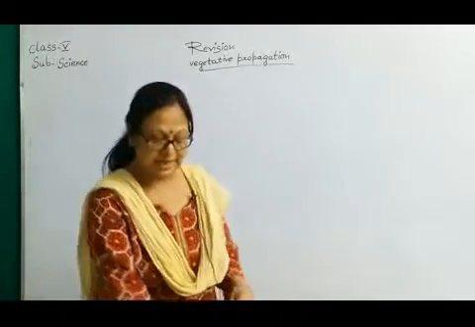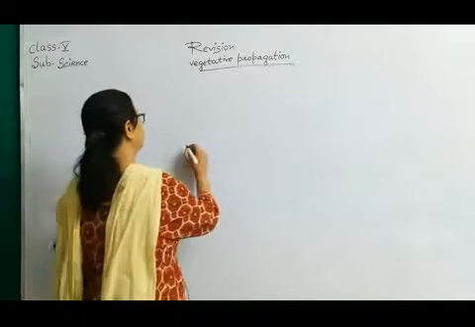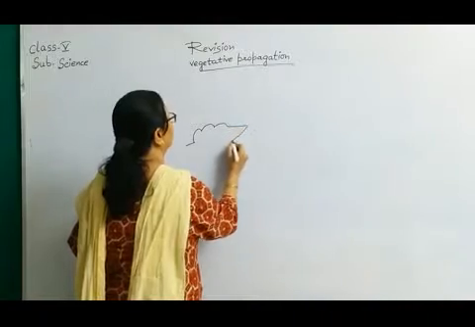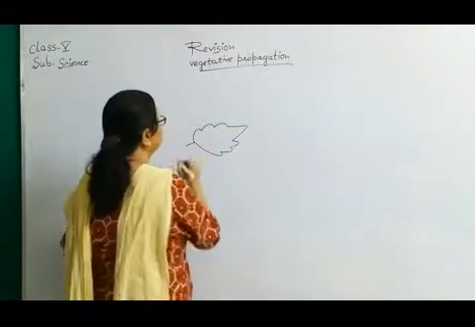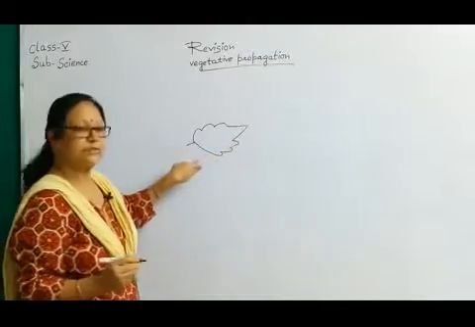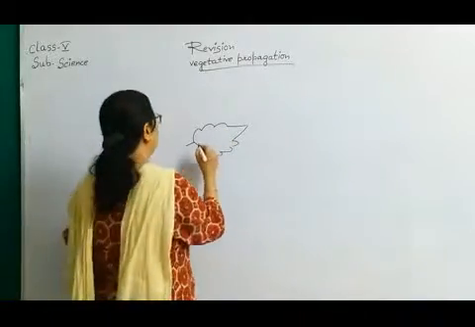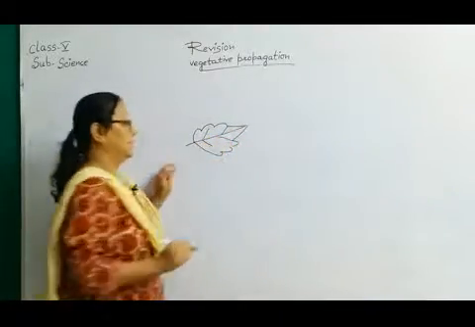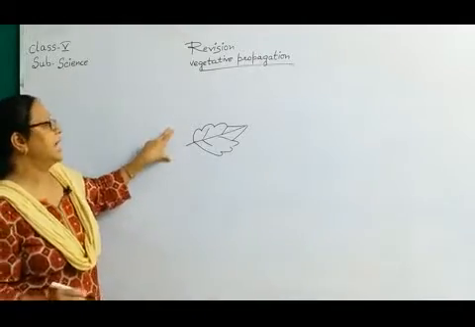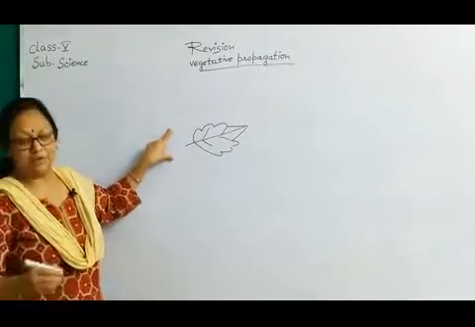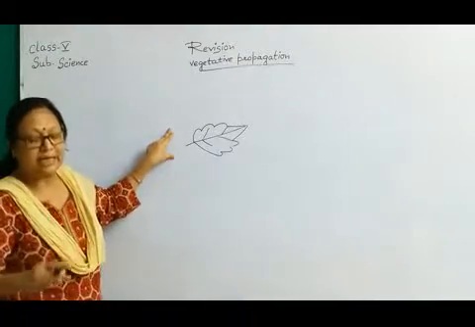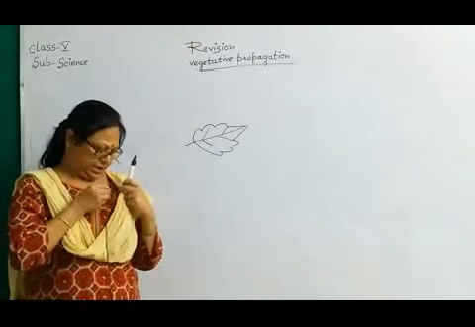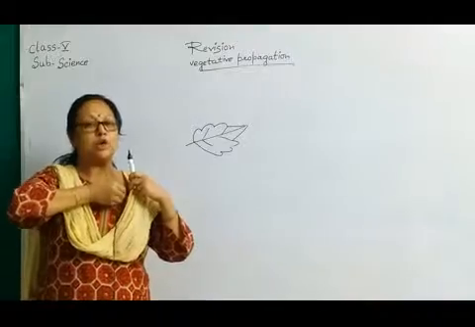How does it grow? We can see there are notches in the leaf of the plant. These are called the leaf margin or the notches of the leaf. When a Bryophyllum leaf is placed on the soil, after a few days we can see a few adventitious roots come out from the notches of the leaves.